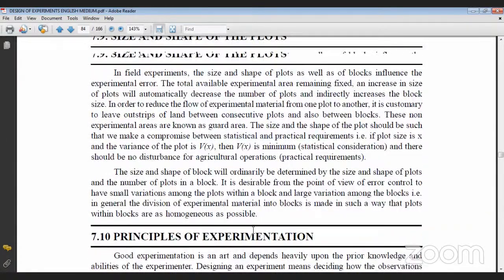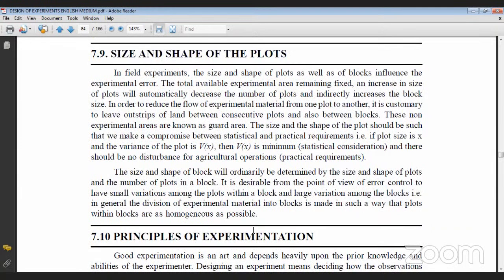This is the size and shape of the plots. This is also one question. In field experiments, the size and shape of plots as well as blocks influence the experimental error. The total available experimental area remaining fixed, an increase in the size of plots will automatically decrease the number of plots and directly increase the block size. In order to reduce the flow of experimental material from one plot to another,